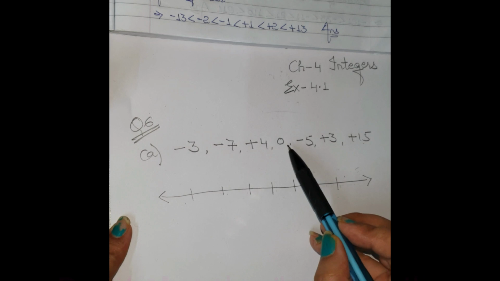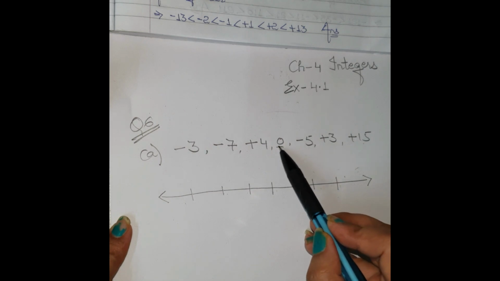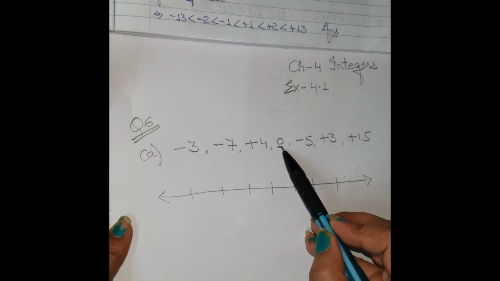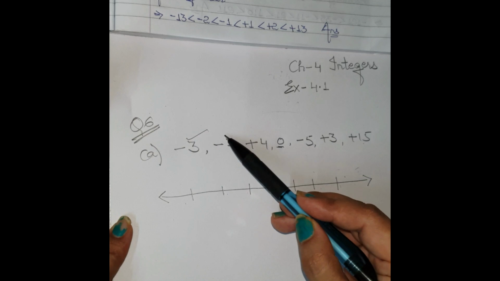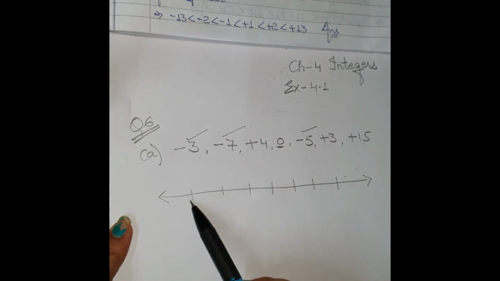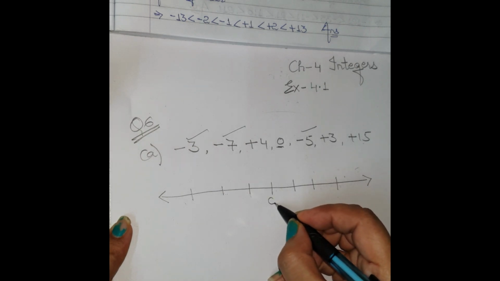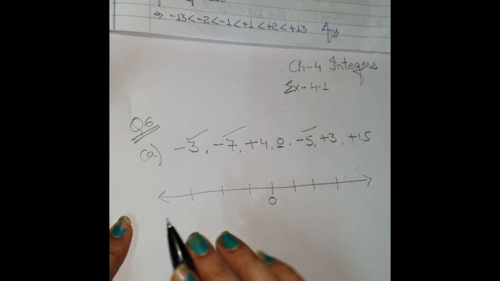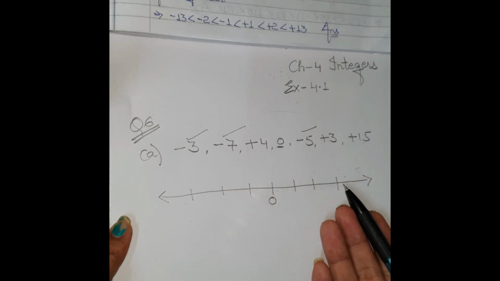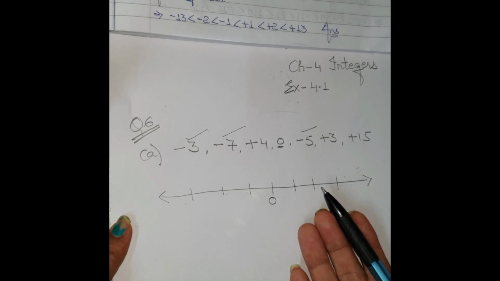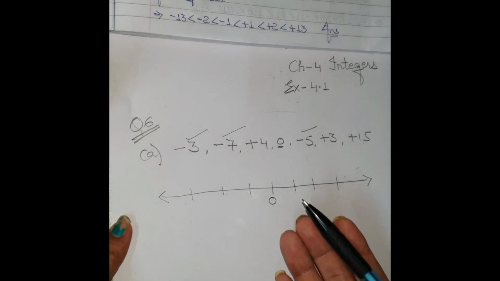Fine. Now see, if 0 is given in the question, then first of all you will mention the 0 and then see how many negative numbers are given. So negative numbers are 1, 2, 3. So just drop 3 lines from here. इधर से आप 3 lines को drop करिए और पहले आप 0 की plotting कर दीजिए, because 0 के लेफ्ट हैंड साइड में नेगेटिव नंबर्स आएंगे और 0 के राइट हैंड साइड में पॉजिटिव नंबर्स आएंगे. ओके, एज यू नो हाउ टू ड्रॉ द number line.